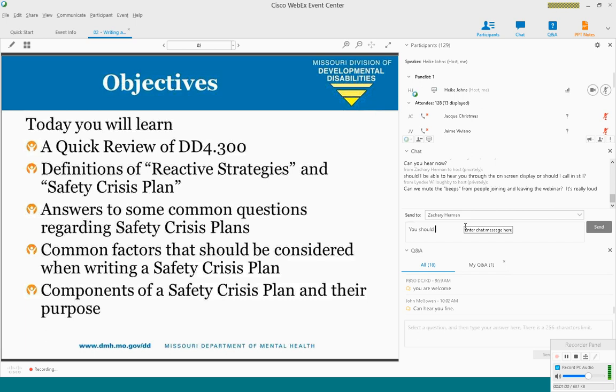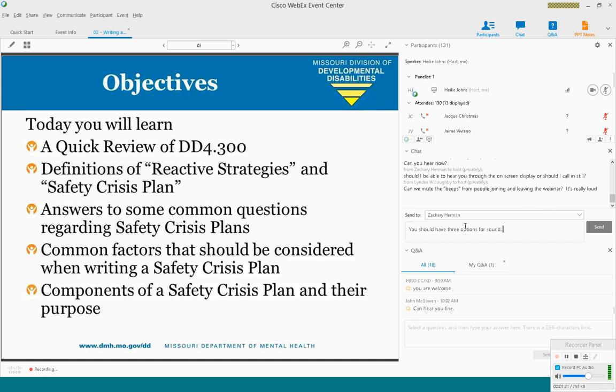So today what we're going to look at is we're going to do a real quick review of the directive. We're going to define what a reactive strategy is, and specifically talking about those reactive strategies that we're most concerned about. We're going to talk about what a safety crisis plan is. I'm going to answer some common questions about safety crisis plans, which is probably what 125 of you are here